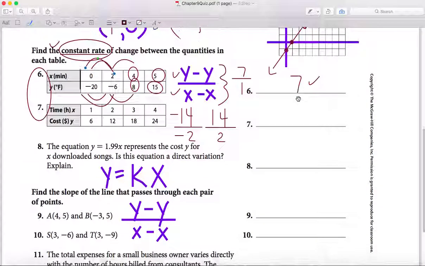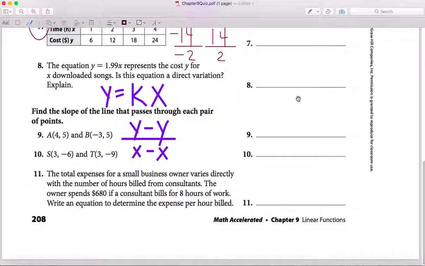then write that in. For number 8, it's talking about a direct variation, and the direct variation equation is y equals kx. And your big giveaway is right here. There's no plus or minus after the x, and so yes, it is a direct variation right here. Y equals $1.99x. There's no plus or minus after the x, so yes, it is. Okay, now as far as your explanation goes,